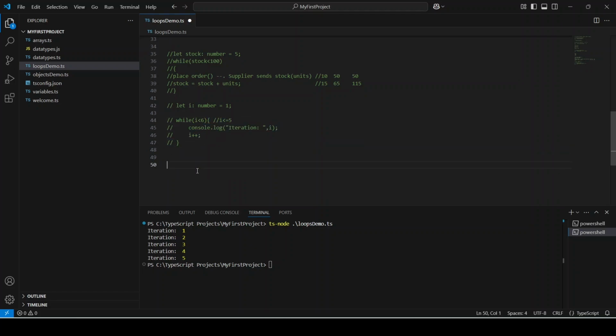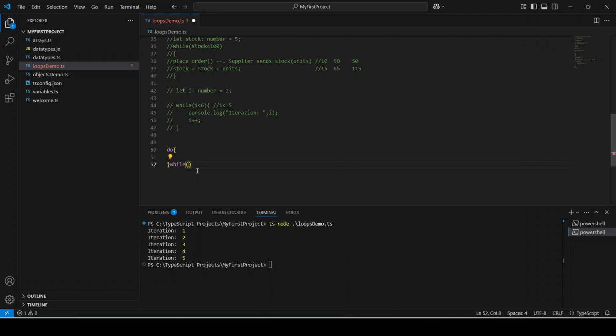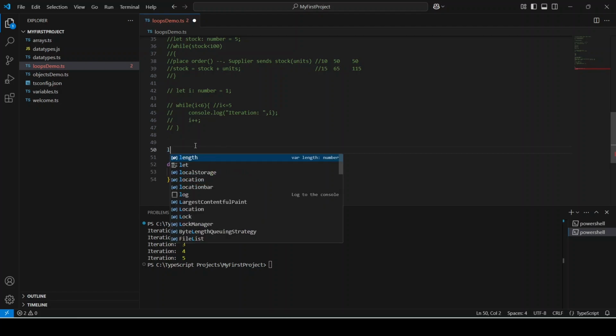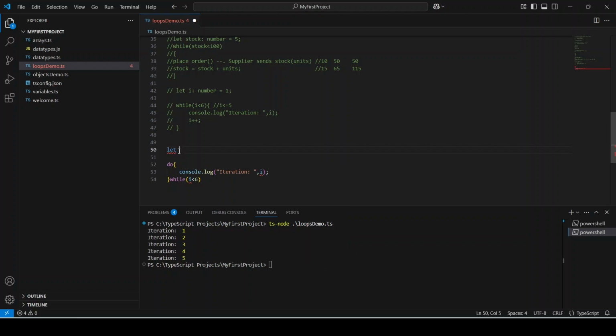But in do while, it is something like do the part first and check the condition next. Okay, so I'll write the same example again. While i less than 6, and I am just writing the console log statement over here, and we don't have i previously, so we have to write let i